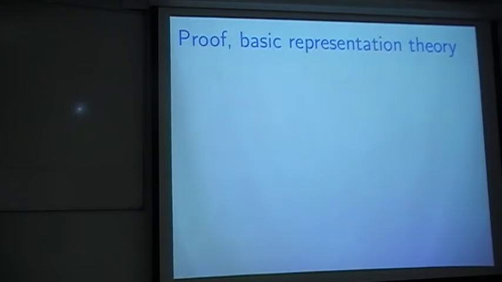Okay, so I need to tell two things about representation theory. First, what is an irreducible representation? If I have a representation on the... Oh, I didn't even say what a representation is. A representation is, so I have a group and a homomorphism to the endomorphisms of a Hilbert space.